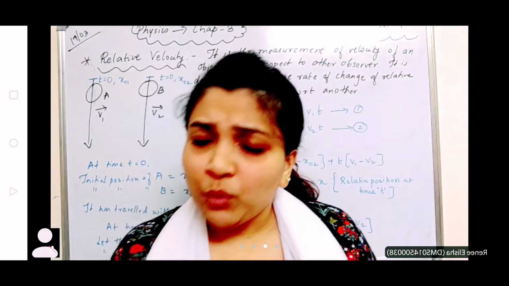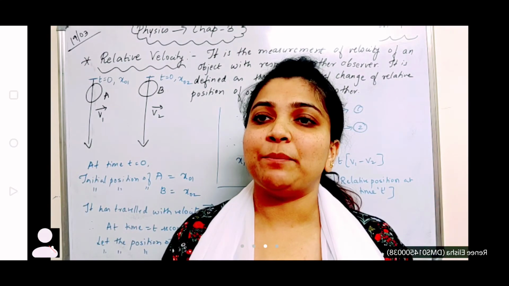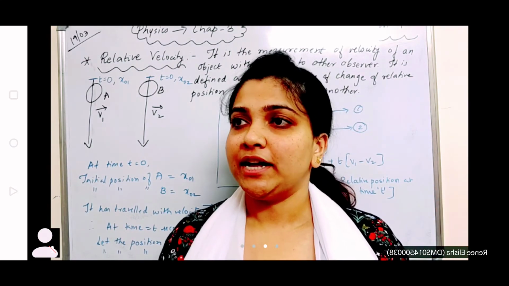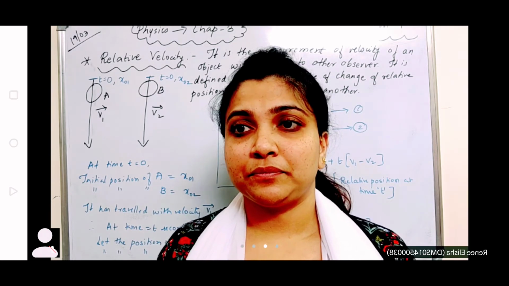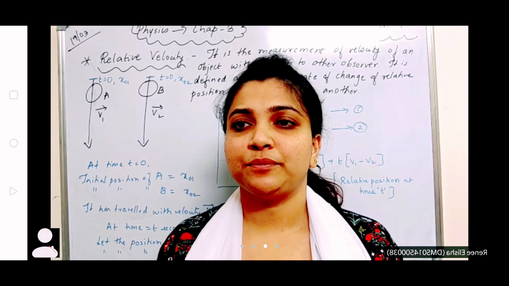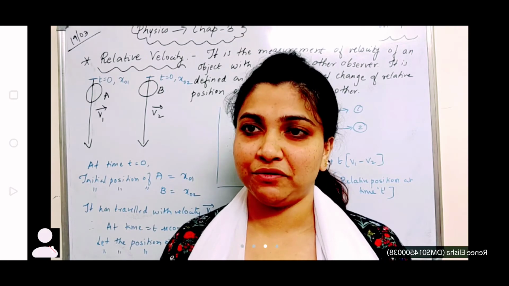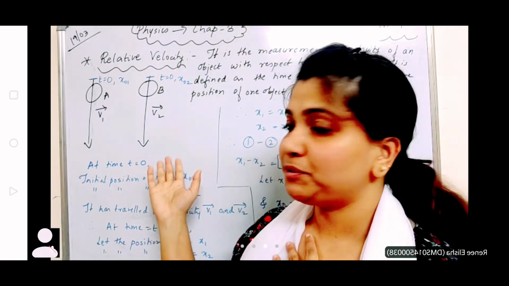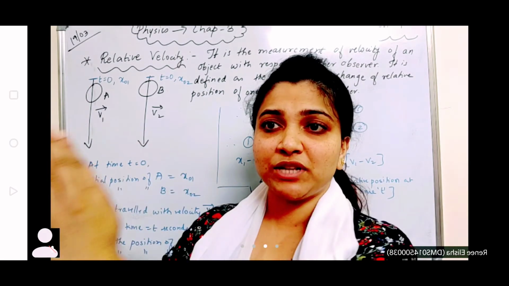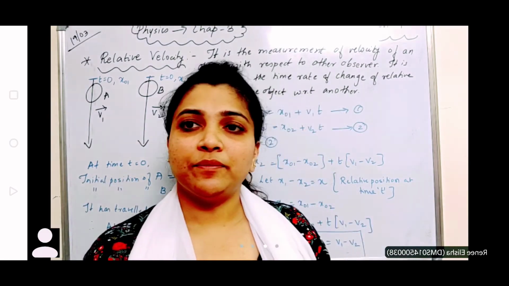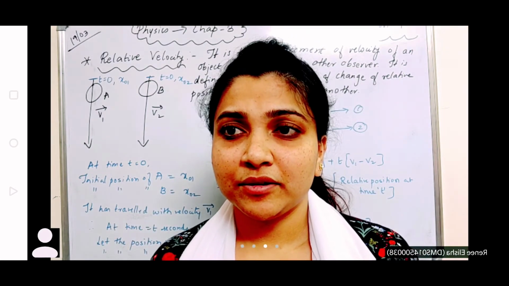Now, when I'm talking about relative velocity, it always happens in a fixed frame of reference. You all know what a frame of reference is. It is basically the observer. With respect to my frame, what is the distance of the board, or what is the velocity of the board? So that is a frame with respect to some kind of observer. Motion is taken with respect to a frame of reference.